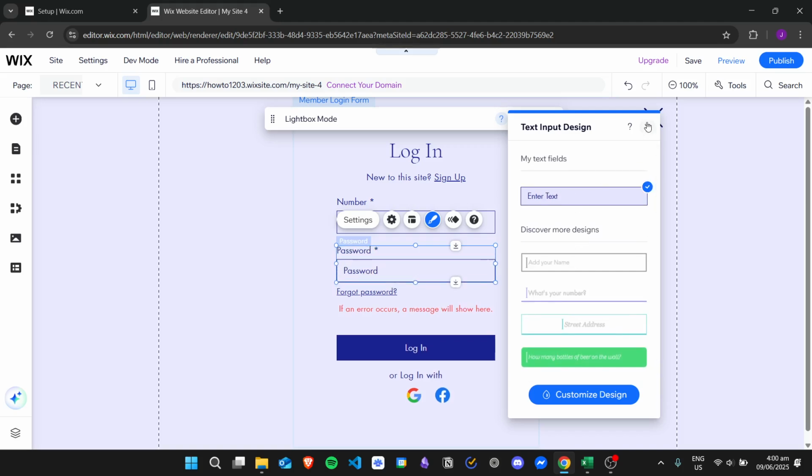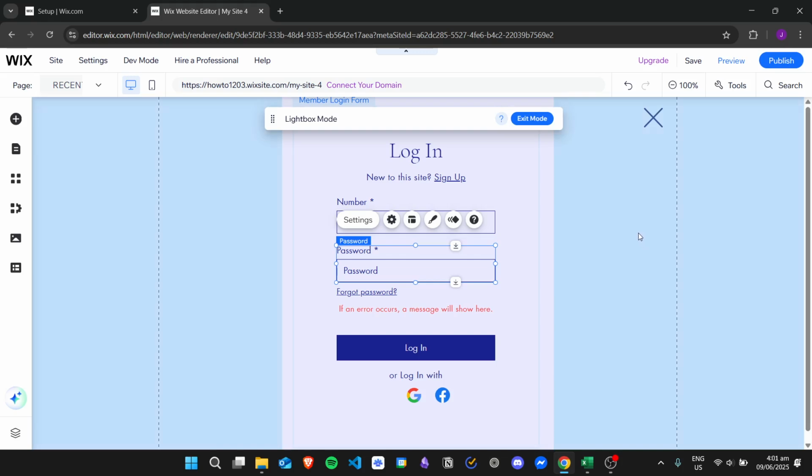You just need to play around with the different features that Wix Studio has in order to create your own design of your login page